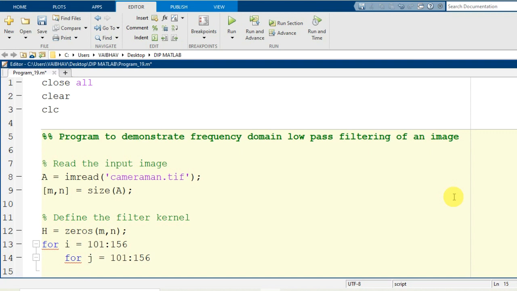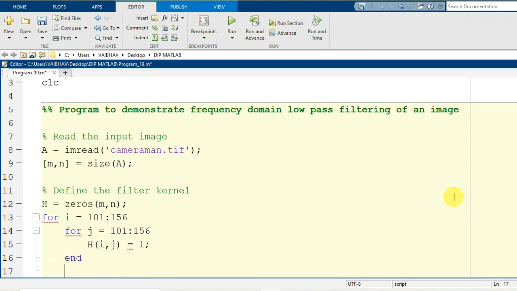So a portion of the image plane for the span of 101 to 156 I am considering for the generation of the filter mask, so that we can perform the low pass filtering when we shift to the frequency domain representation. For this much of the portion we have H of i comma j assigned the value 1.